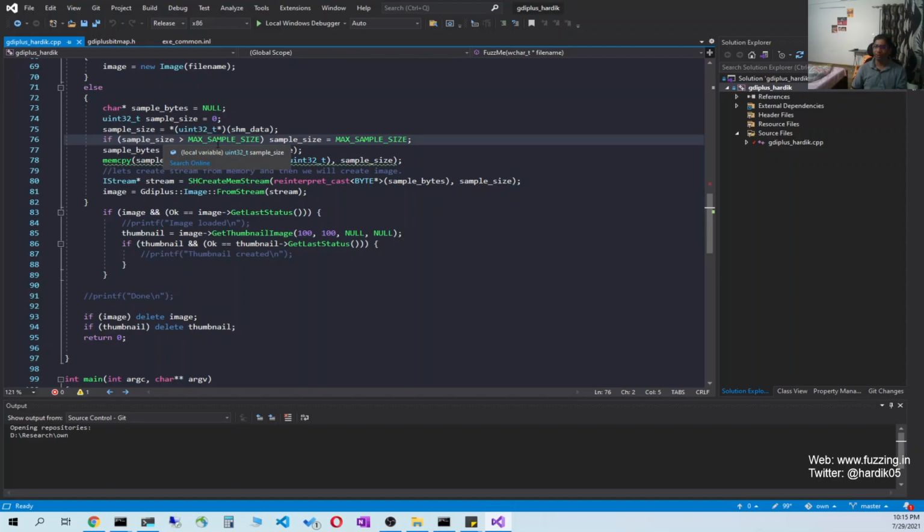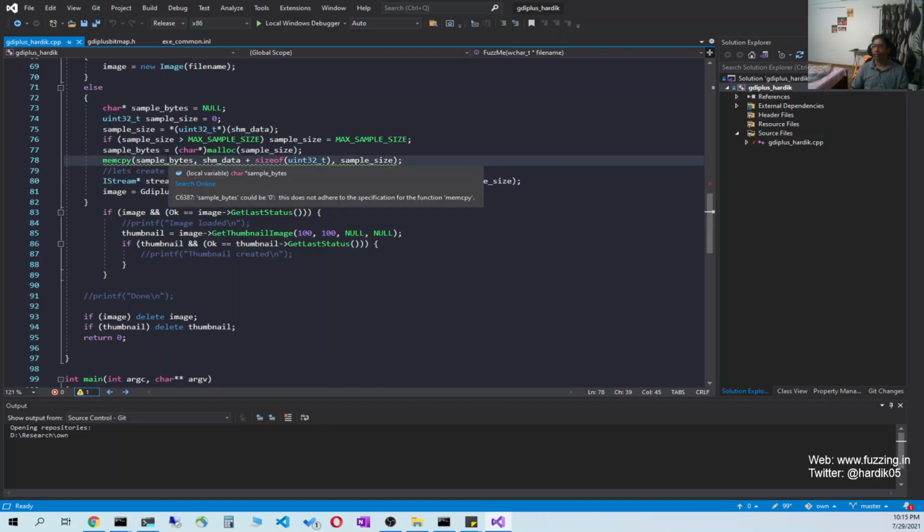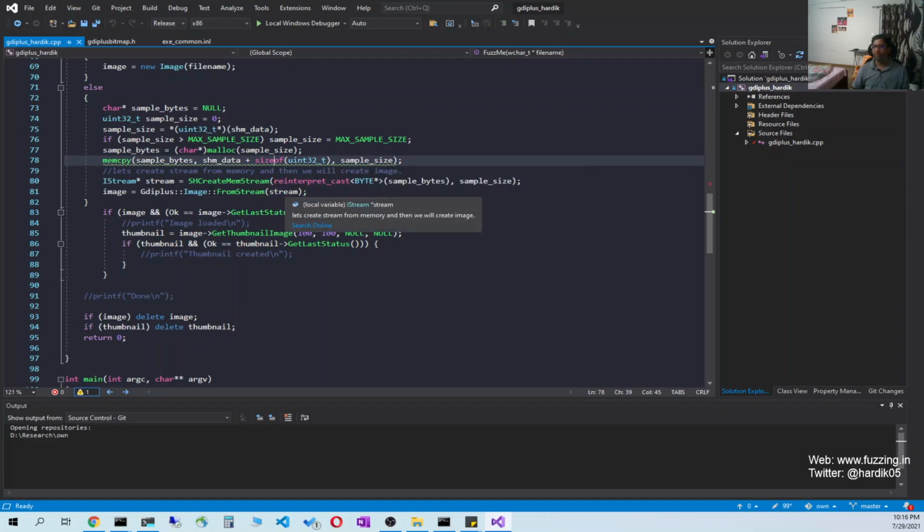If sample size is more than the max sample file size, then we will trim it down, and then we will allocate memory for sample bytes based on the sample size which we received over here, and then we will copy all the data from shared memory to our newly allocated memory buffer, and then we will create a stream object from this memory. So basically what we are doing over here is that we are taking the data from shared memory, copying it to a newly allocated memory buffer, and then from this memory buffer we are creating a new stream, and from this stream we will create a new image.